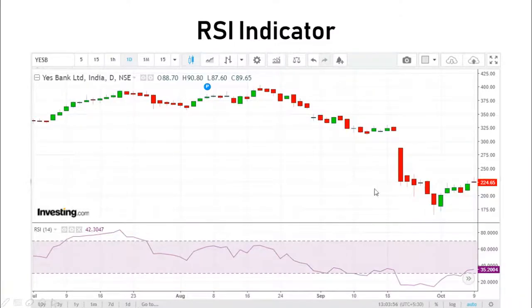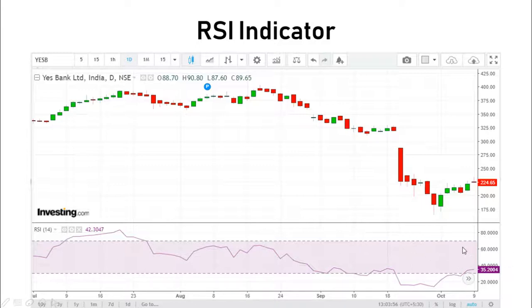So let's look at it in an actual chart. So this is a chart example of how it will look when we apply it on a candlestick chart. So this is a one-day chart of the stock Yes Bank in the NSE National Stock Exchange. So we have applied the RSI indicator and we have used the most common period which is used, that is 14. And if we use this indicator, it will come below the chart and we have the 70 to 30 areas shaded